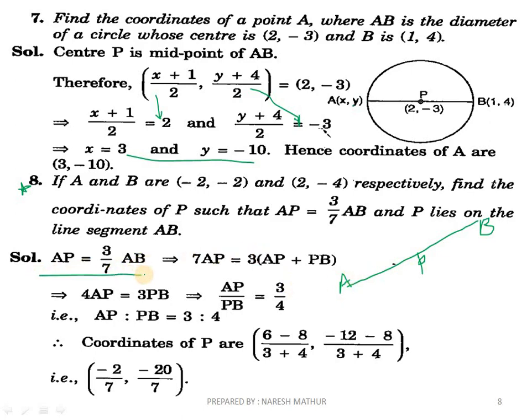Here we are given AP equals 3/7 AB. So just cross multiply. We can write 7 AP equals 3 AB. AB can be written as what? AP plus PB. By here we get 7 AP equals 3 AP plus 3 PB. 3 AP will be subtracted from 7 AP. So at the end we have 4 AP equals 3 PB. Now we can say AP upon PB is the exact ratio. So AP upon PB is given as 3/4. So the exact ratio will be 3:4.